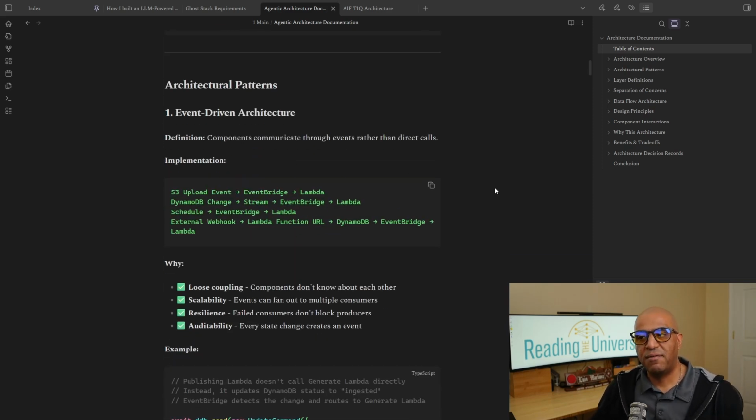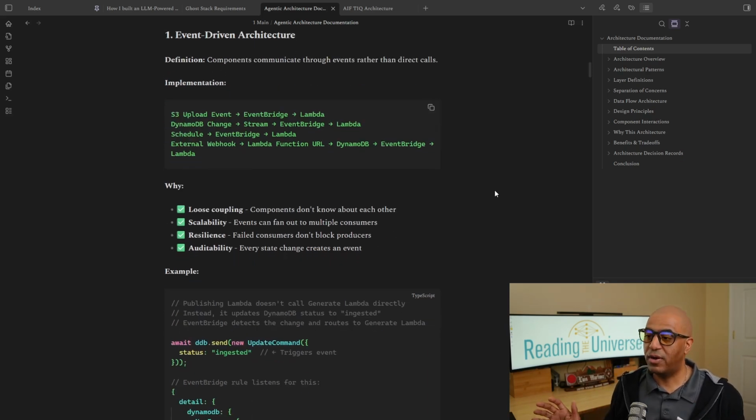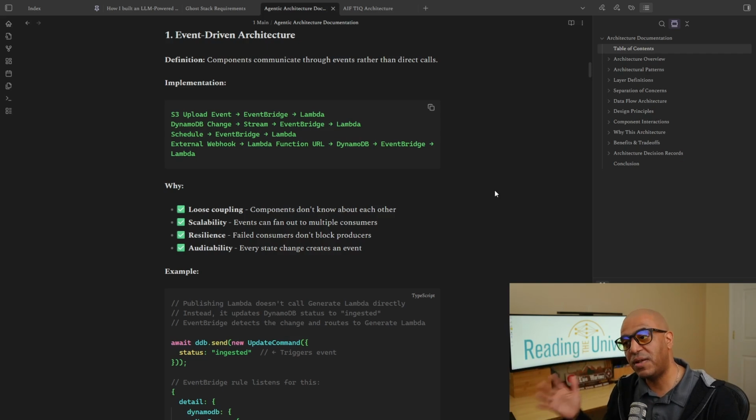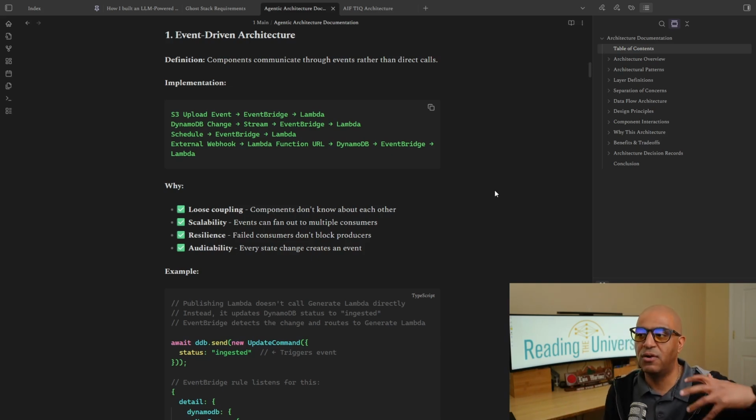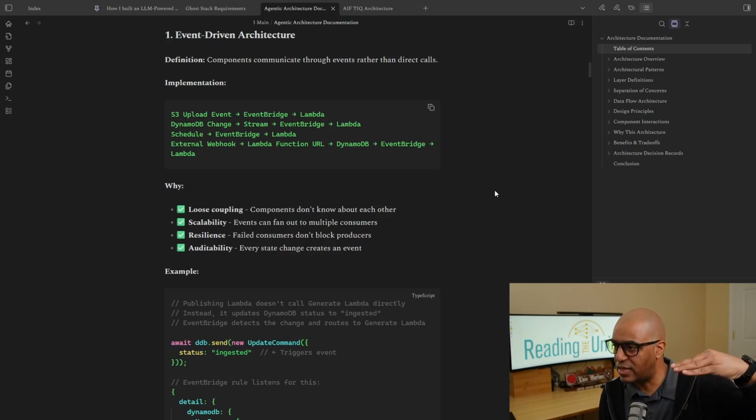With an event-driven architecture, components communicate with each other with events instead of direct calls. They're not calling one another to do anything. When something gets uploaded to S3, EventBridge triggers a Lambda. If there's a change in DynamoDB, a DynamoDB stream gets sent to EventBridge, and EventBridge then decides what Lambda to run. Again, now there's a schedule. On a scheduled run, EventBridge knows which Lambdas to invoke depending on that schedule. Any type of external webhooks or Lambda functions are all routing through DynamoDB, which then triggers EventBridge,